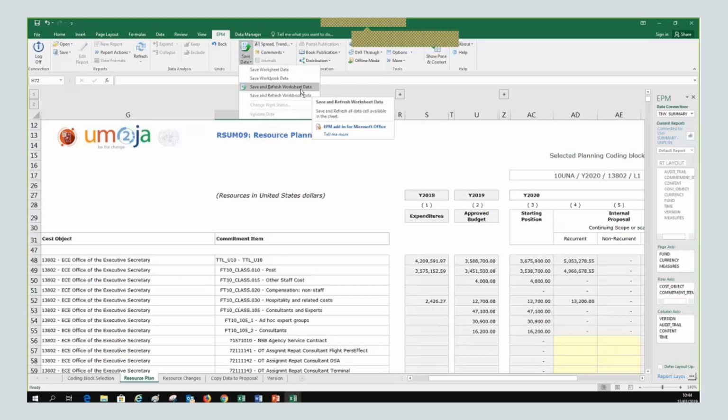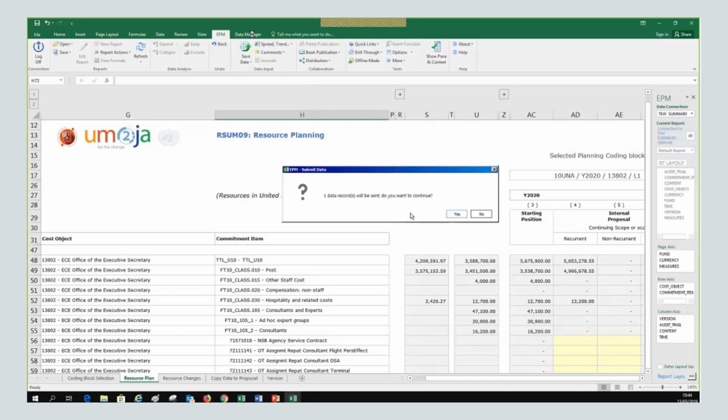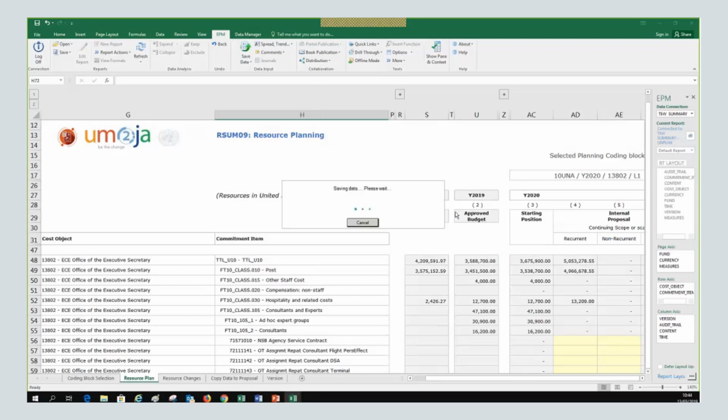Okay, some people say no. Okay, yes, don't get frustrated. It was just the first 25 people said yes. So now I'm clicking on save, and look what the system is saying. It's telling me one data record will be sent. Do you want to continue? Yes, this is the 20,000 that I saved. So it's up to you. I think maybe it's better for you to display all the hierarchy where you're going to act, and then you save only one time. Or if you want to go step by step, you go and you address.